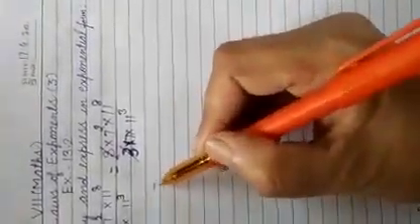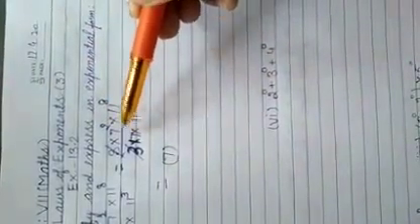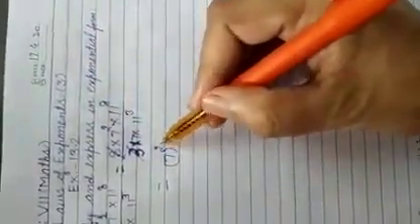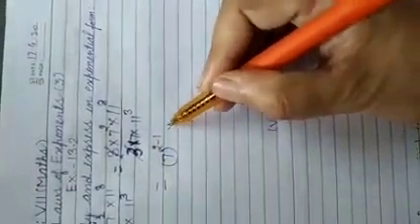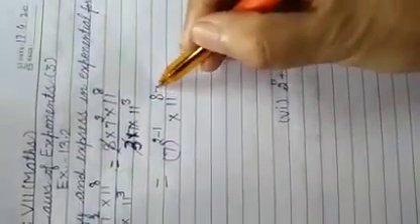And here 11 raised to the power 8, and downside it is 11 raised to the power 3. So we will use that identity, x raised to the power m upon x raised to the power n, and solve it. According to that identity, this number will become 7 raised to the power m minus n. So it will be 2 minus 1, multiply, and again apply the same on this. Here 11 raised to the power 8 upon 11 raised to the power 3 means 11 raised to the power 8 minus 3.